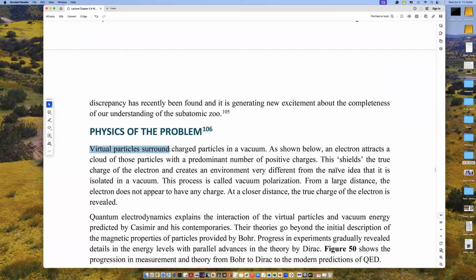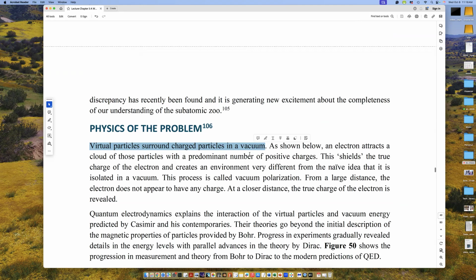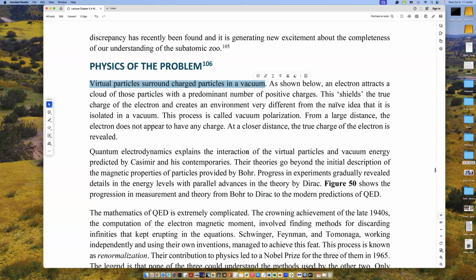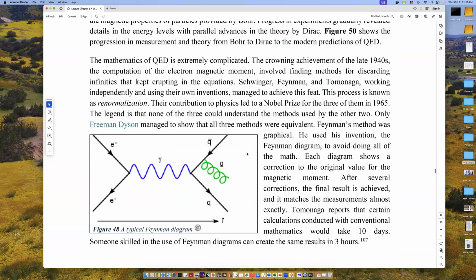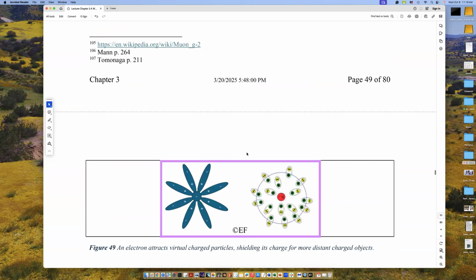At the same time, the ground was being set for people like Casimir. I already discussed his prediction that empty space should be filled with virtual particles, because the uncertainty principle allows those particles to exist so long as the interval over which they exist is short enough. So Dirac was a pioneer right at the beginning of this whole business of understanding how subatomic particles can pop into and out of existence.